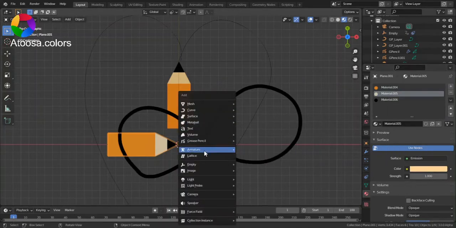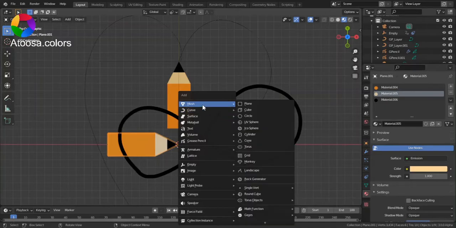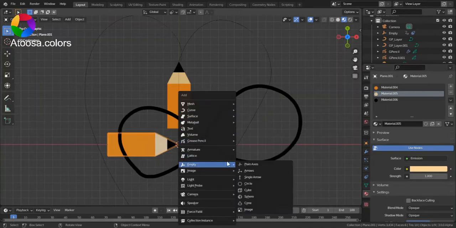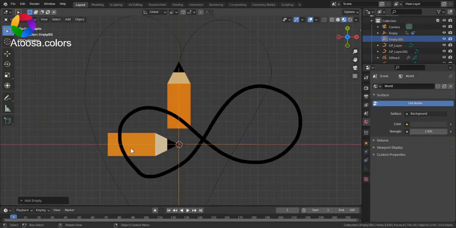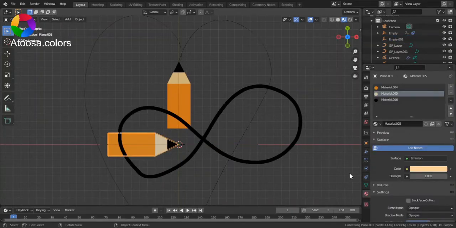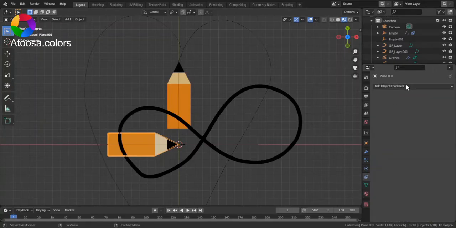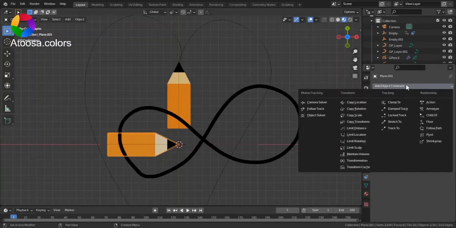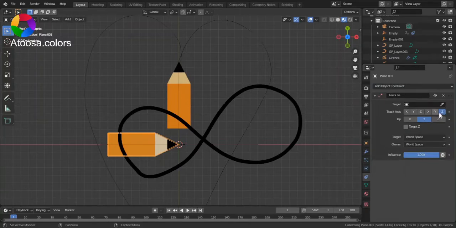Now add an empty, select the pencil, go to object constraint properties, add an object constraint, track to, select the empty,